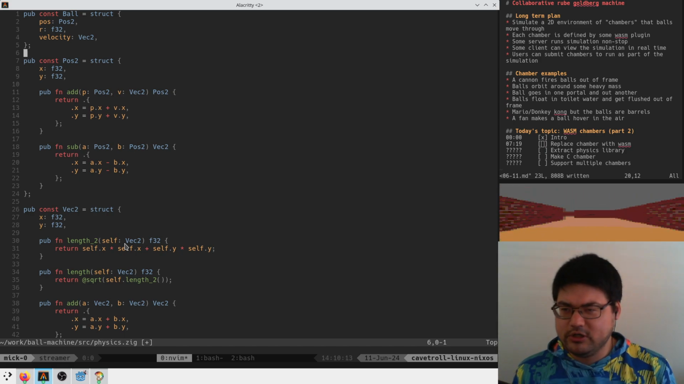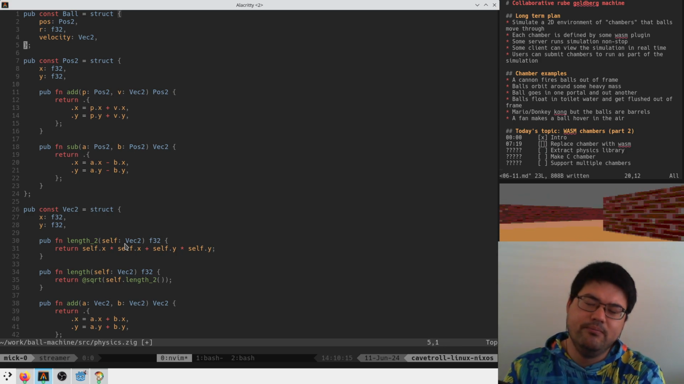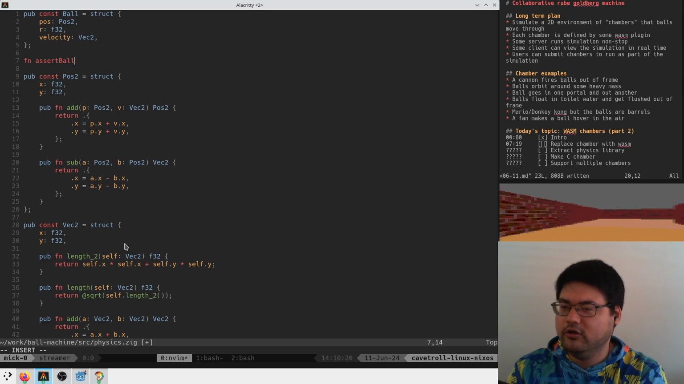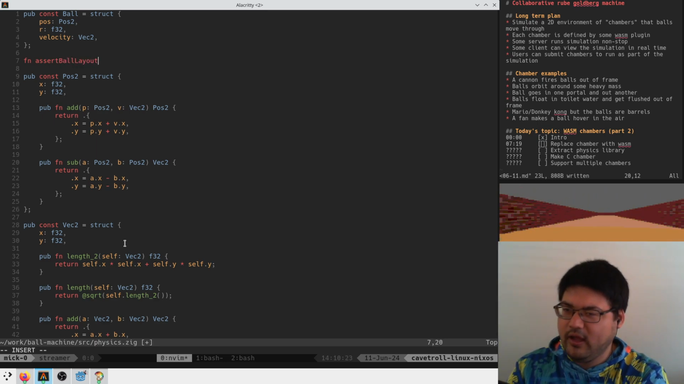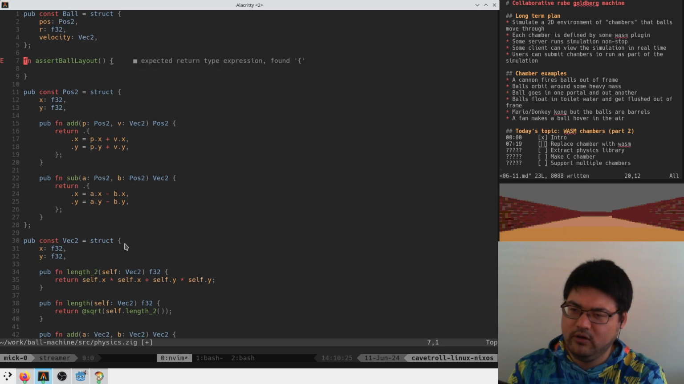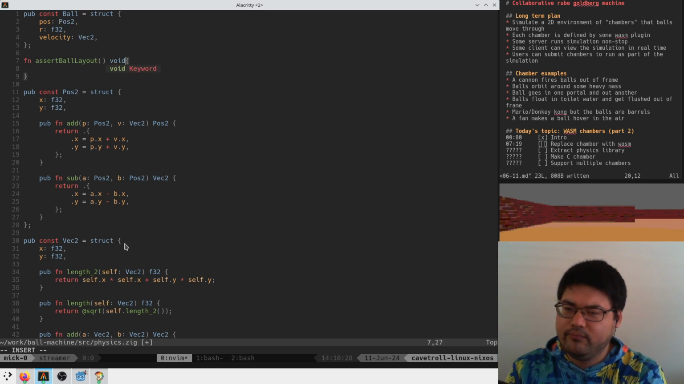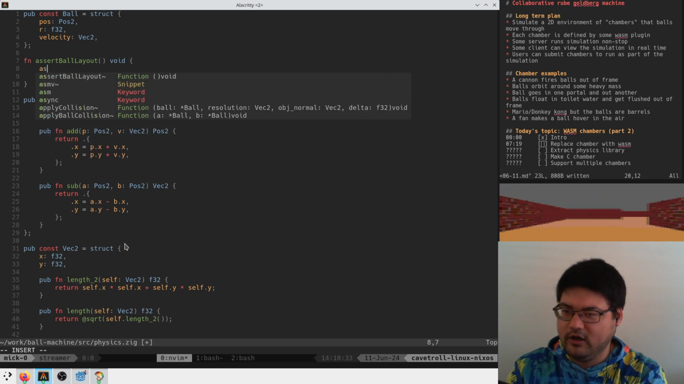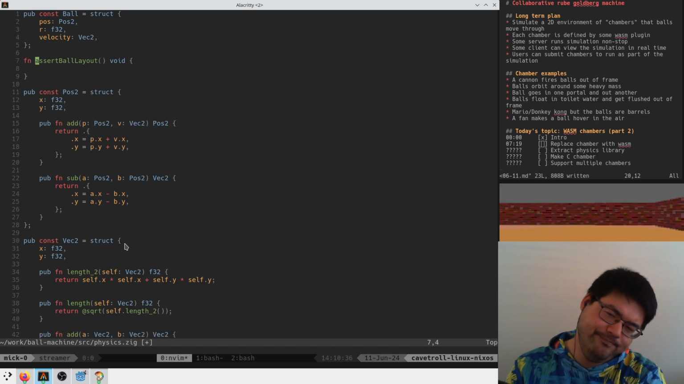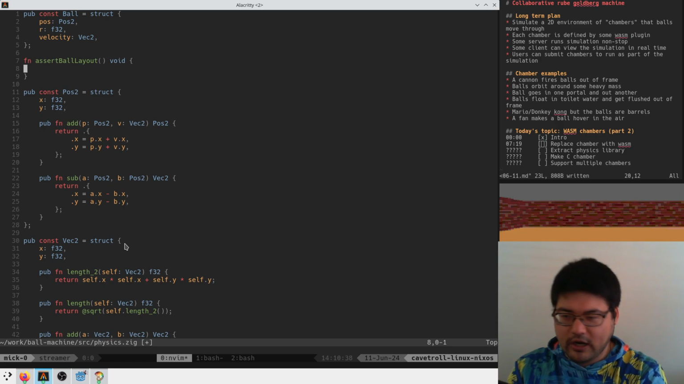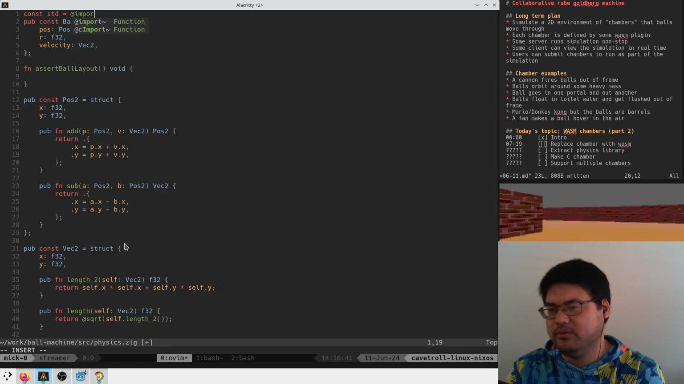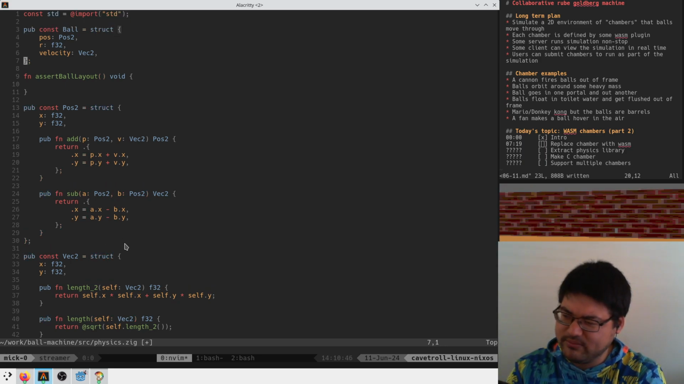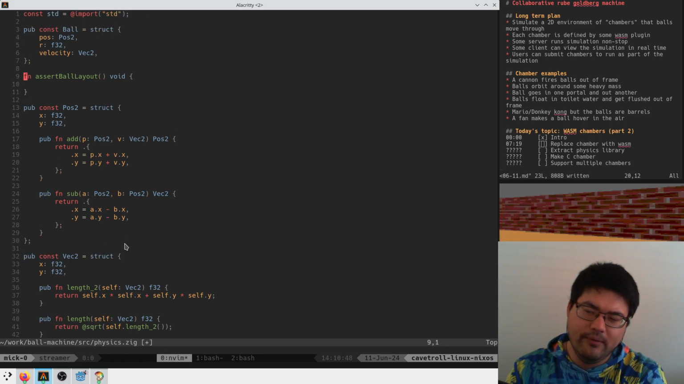So what I'm going to do first is add a function called assert ball layout, right? And then we can look at a ball and maybe use std assert. I think that's probably fine. We'll see what happens with assertions in wasm land. I don't really know how that's going to work out. But I think we can just do